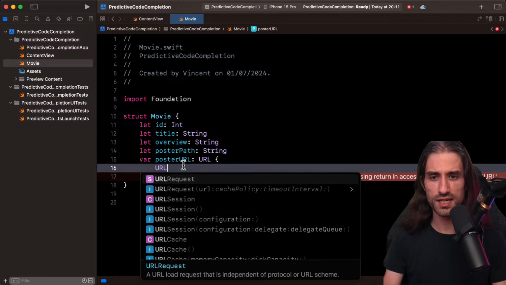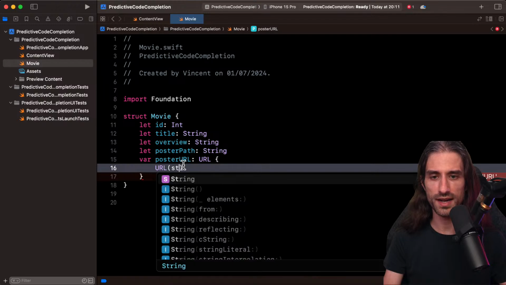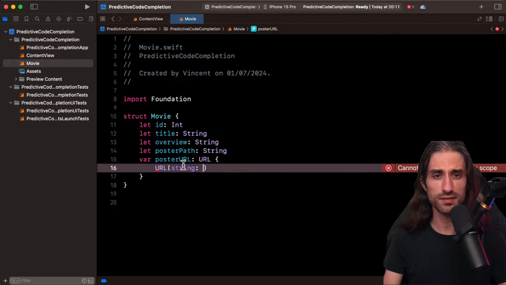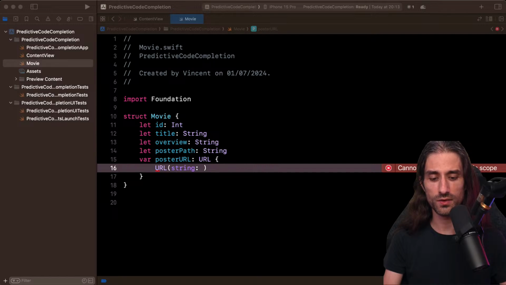But okay, here I'm going to try and just build a URL. So like that. I'm just gonna tell it that I want to build a URL from a string. And can it suggest something from there? If it could suggest hitting the endpoint that I want, I would be very surprised because I haven't given any hint about which kind of endpoint I want to hit. So I'm going to just start writing it.